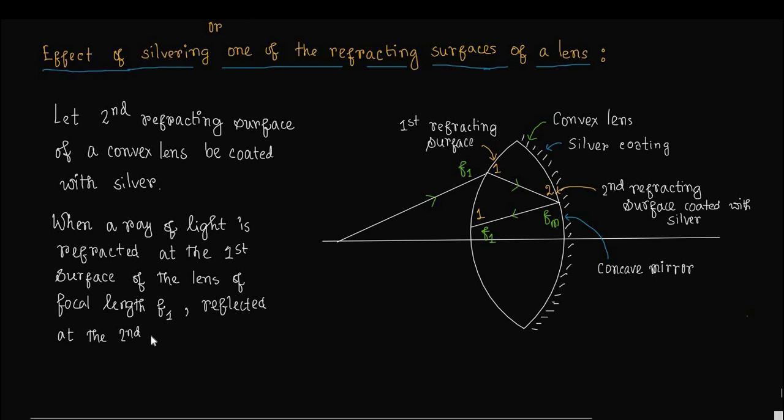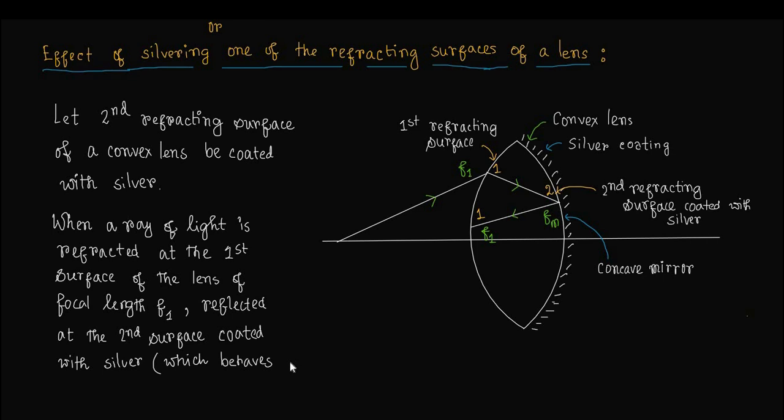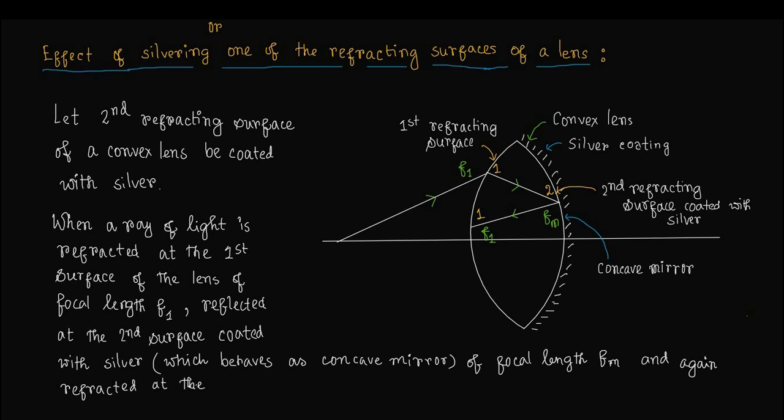reflected at the second refracting surface of the lens which is coated with silver, and which behaves as concave mirror of focal length fm, and again refracted at the first refracting surface of the lens of focal length f1, then